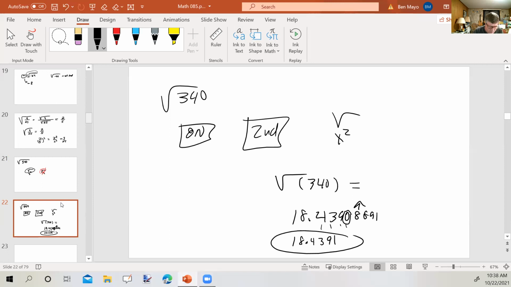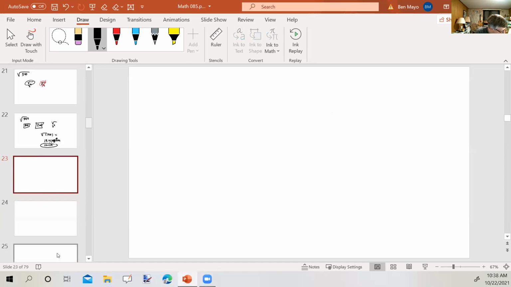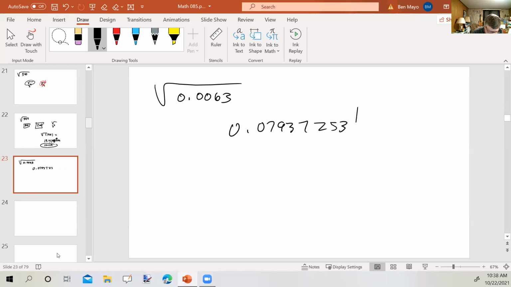All right, let's do one other of those. Here we have the square root of 0.0063. So second square root, 0.0063, close it up, and I get 0.079372539. But rounding to 4 decimal places, the 7 would round up, so I'm going to get